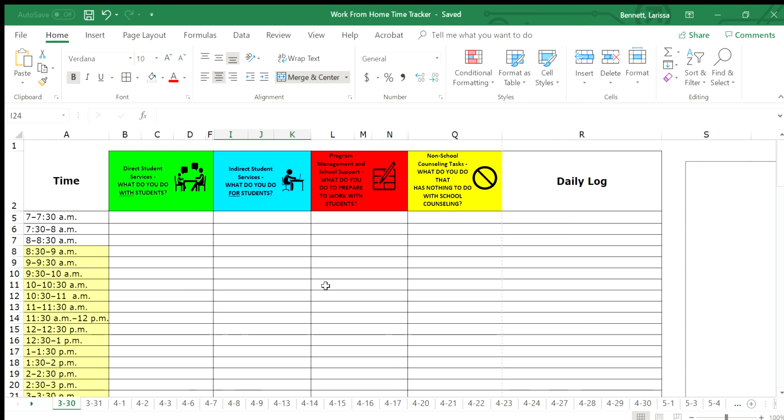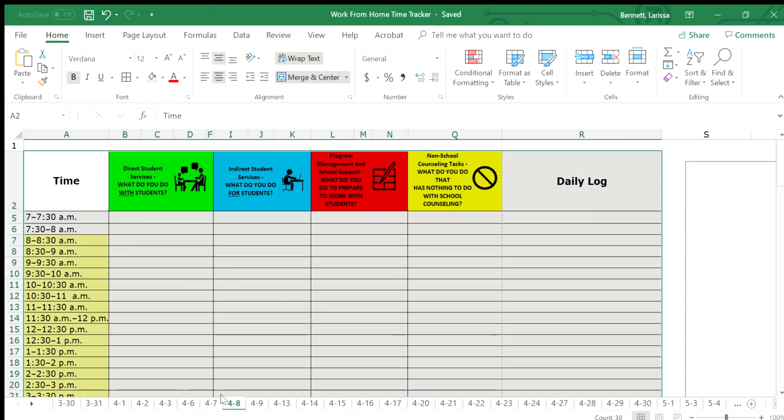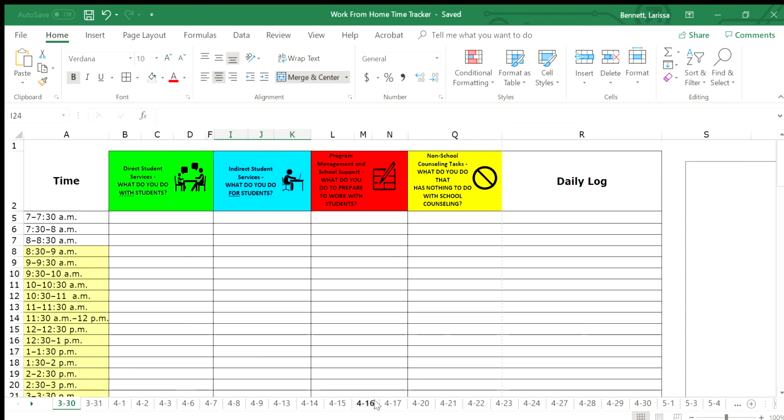So down at the bottom, you'll see there are all these numbers. These are the days of the week, and I've gone all the way through to the end of May. So basically to our last day of work. And hopefully we won't need all of those, but in case we do, they're all there. So it starts with Monday. The students are back on March 30th. So you would keep one of these for every day that you are working with students. Or that we are on the clock, and the weekends are not on here and our days off are not on here either. So I've already taken those out.